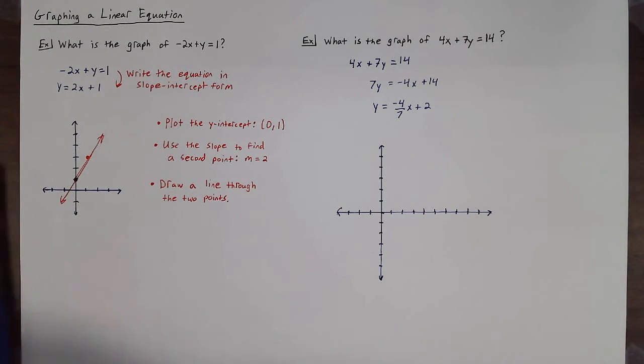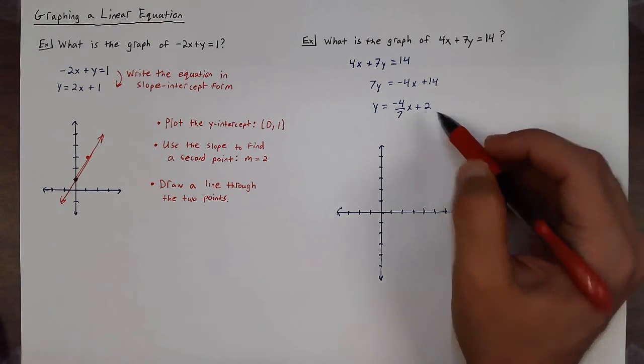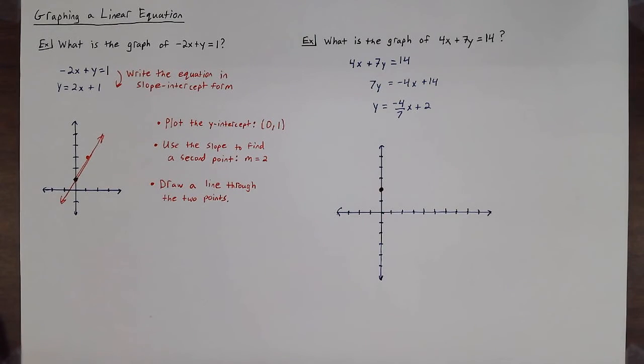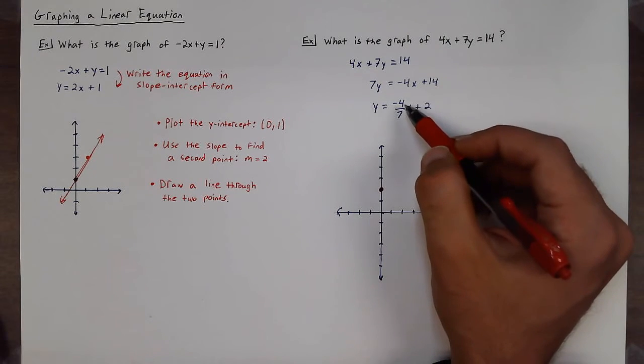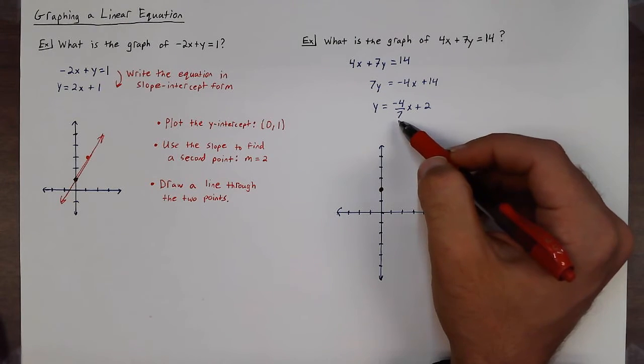Again, the same steps. What is the y-intercept? Positive 2. So we go to 0, 2, and plot our y-intercept. And our slope is negative 4/7, so we can use our slope to find one more point so we can